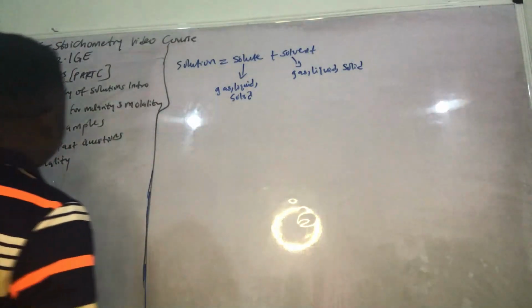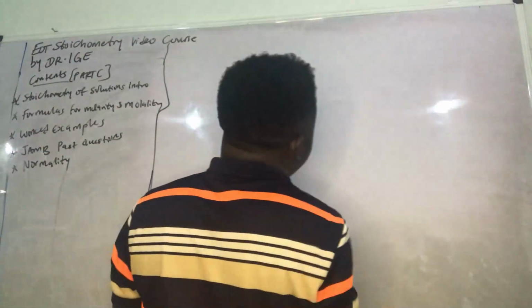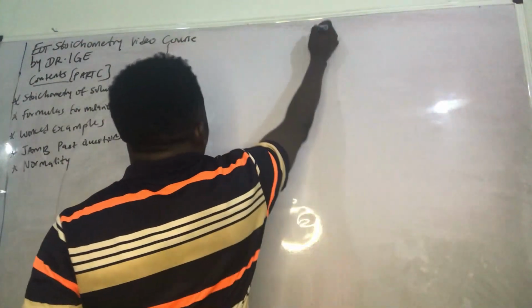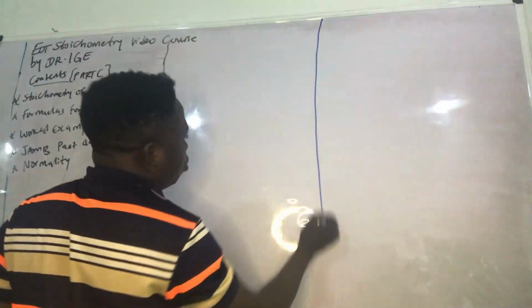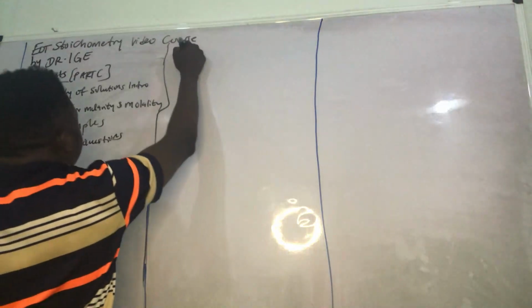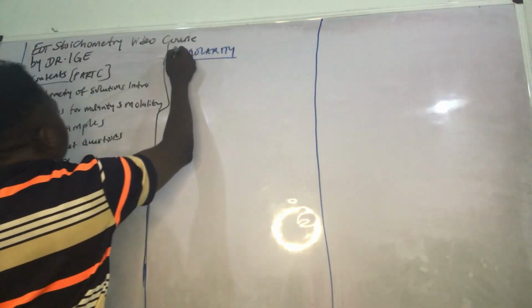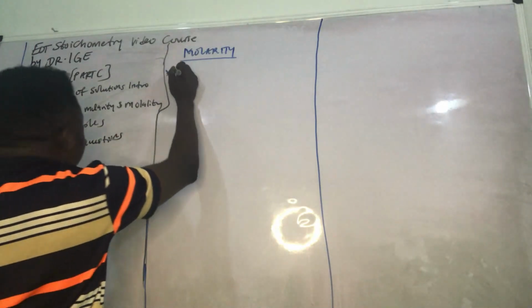So let's talk about the formulas for molarity. When we talk about stoichiometry of solutions, we can't actually leave molarity out of it. Let me see if I can divide the board. Okay, we can't leave molarity out of it. So molarity is defined as